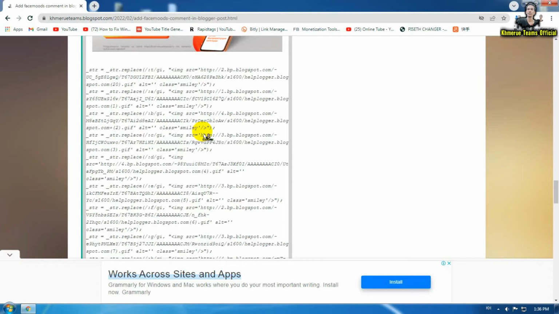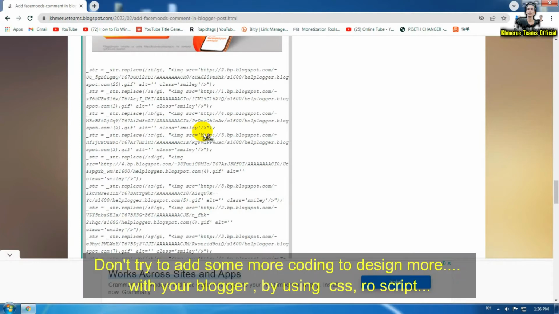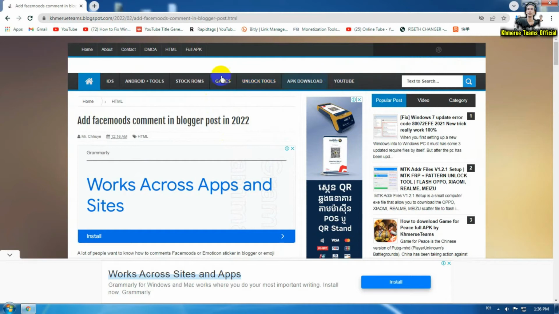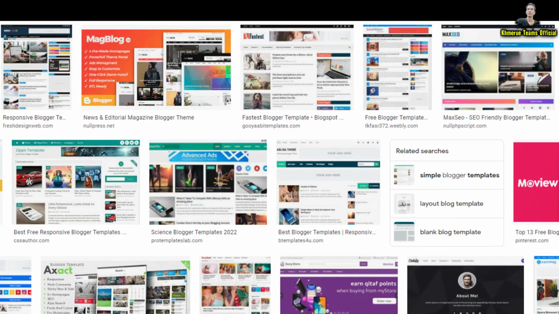Some people, after they have installed the theme inside the Blogspot website, add more code to make it professional, designing everything just like this, but they add too much. It means they add CSS styles, add script styles, and add a lot of style to make the blog better, but